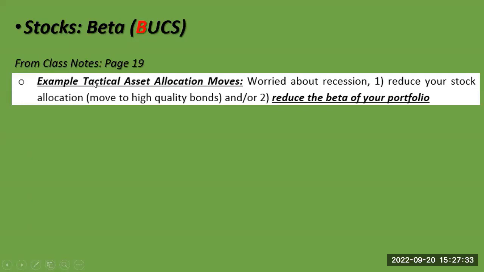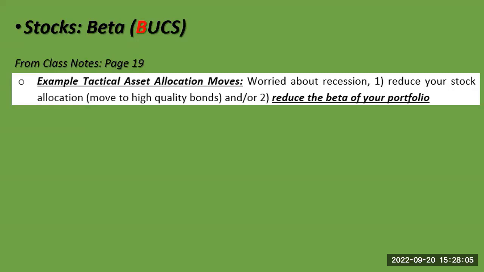That doesn't help me. All right, so the definition of beta is really, how are you gonna do in a recession? What's your exposure to the stock market? Your categories are high beta, medium beta, and low beta, or cyclical and defensive. Your tactical move, really straightforward. You're expecting a recession, reduce your stock allocation overall. And then within stocks, move your beta down, reduce. And it's really simple. Beta is a really simple thing.